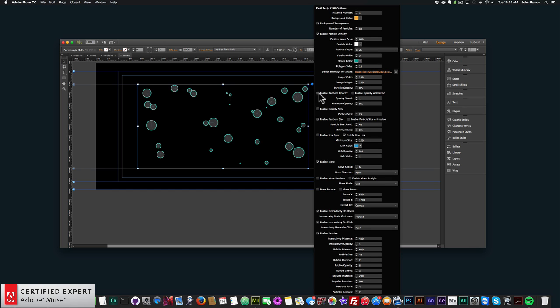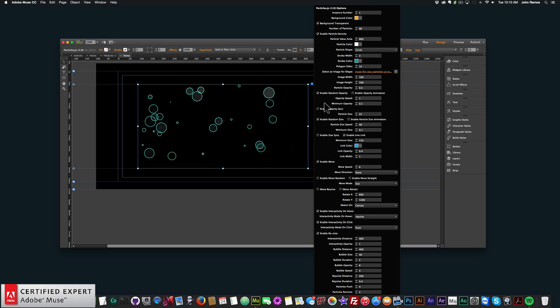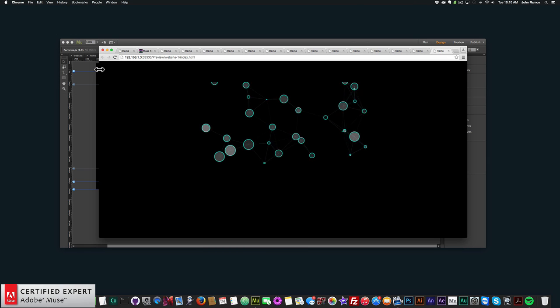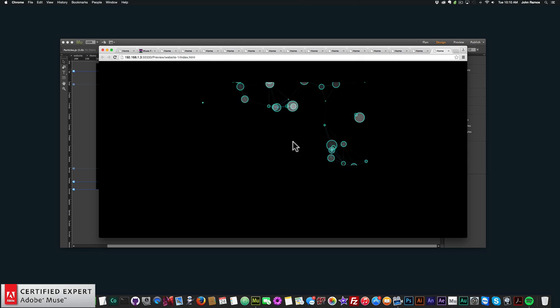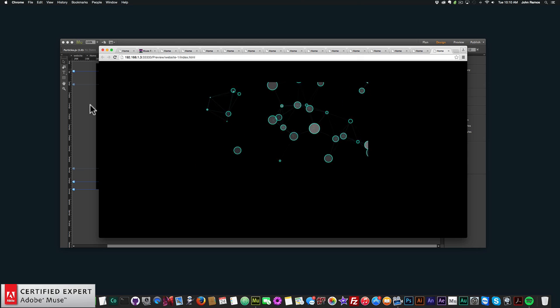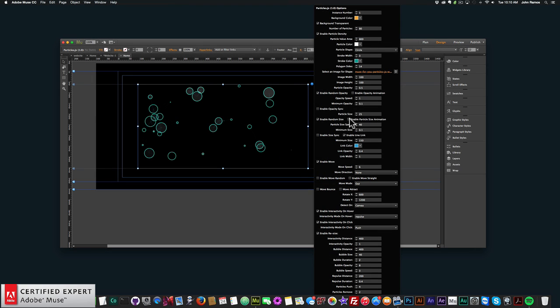And here where it says enable random opacity and enable opacity animation, you can actually have the particles change opacity as the particles are moving. So if I enable random opacity and I go to File, Preview Page in Browser, the particles have different opacities. Very good. And it will go up to as high as 0.5. Okay, and I can enable